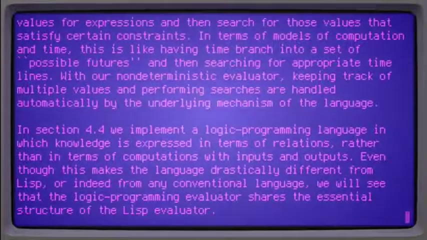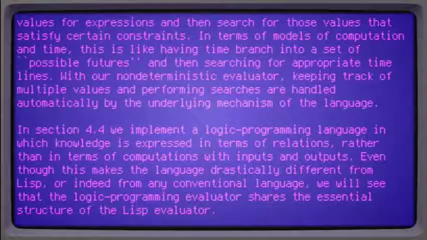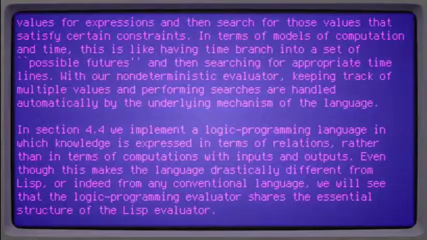In terms of models of computation and time, this is like having time branch into a set of possible futures, and then searching for appropriate timelines. With our non-deterministic evaluator, keeping track of multiple values and performing searches are handled automatically by the underlying mechanism of